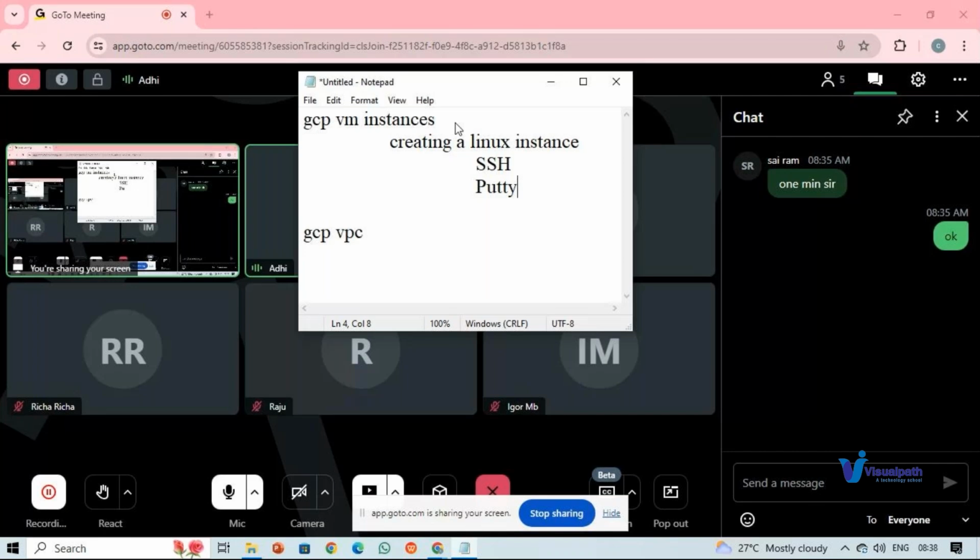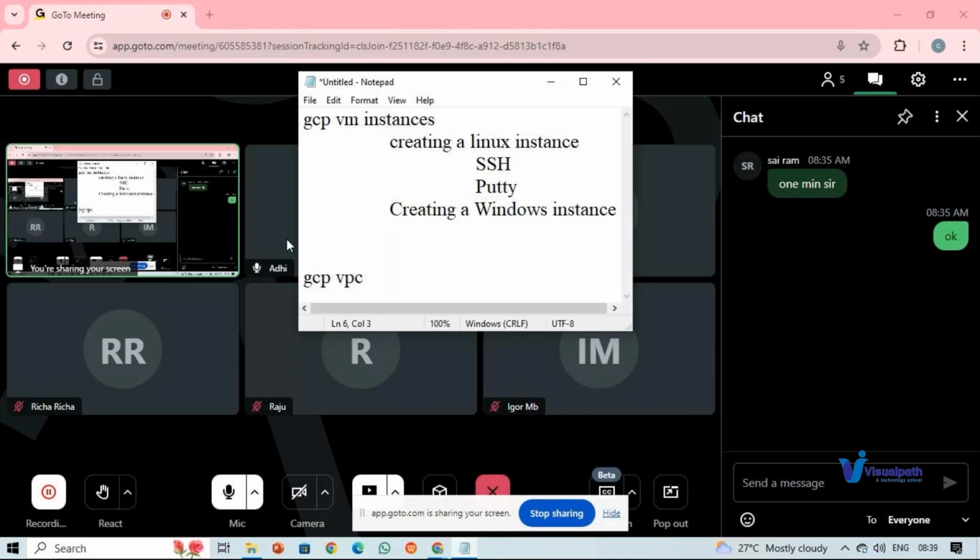and creating a Windows instance and connecting to that using RDP, remote desktop, and then